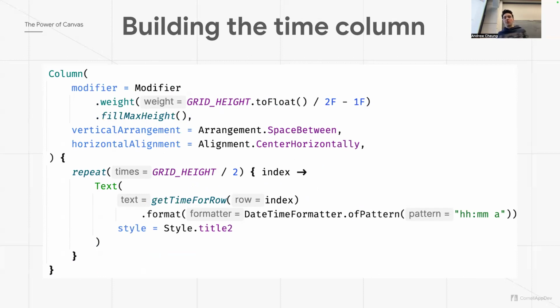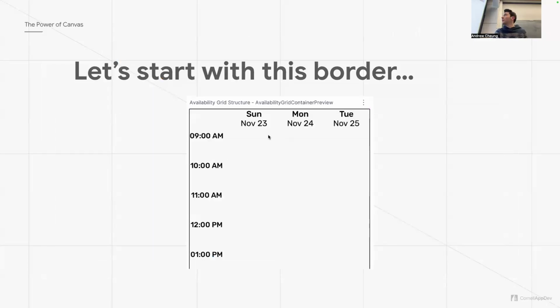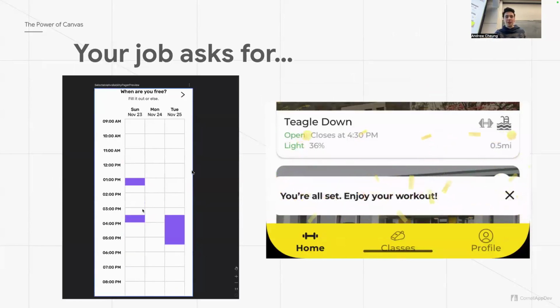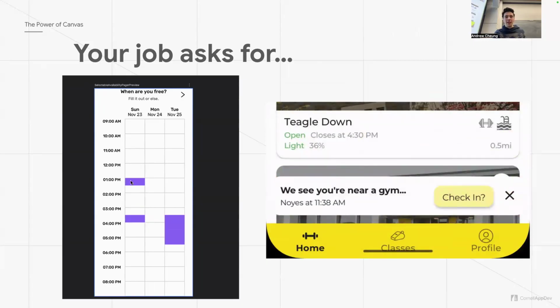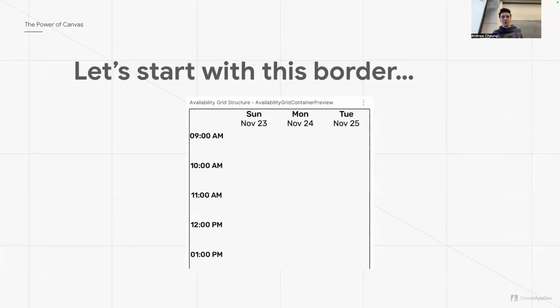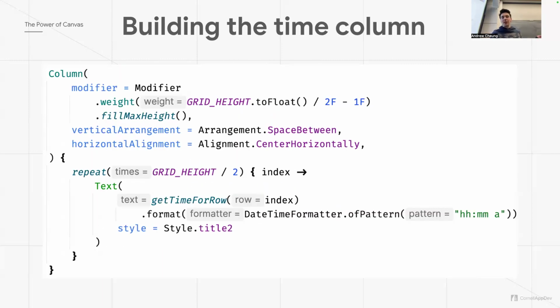But really, the performance of Column is going to be good enough for most tasks, and it just makes the code simpler instead of having to write out items and stuff. You can just use it directly as a composable. And you'll notice this grid height over 2. What grid height is, is the number of cells in each column. If you look closely at our demo here, you can see that some of the cells only take up half of an hour. So we have to account for that in our implementation, which is why grid height is the full height of the grid, and we're only going every hour, so we go grid height over